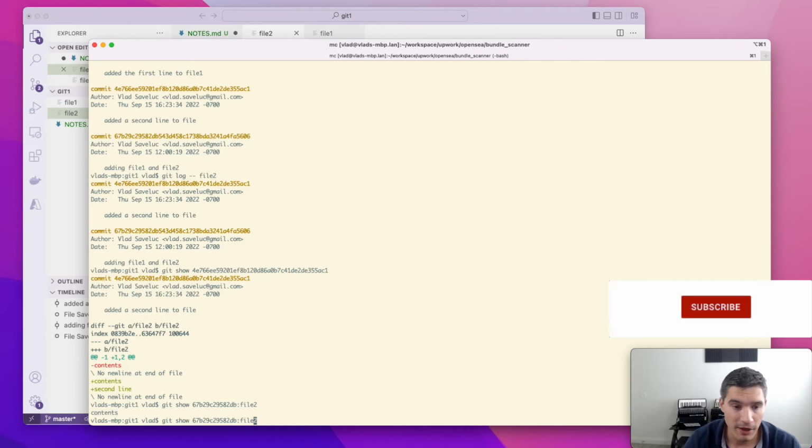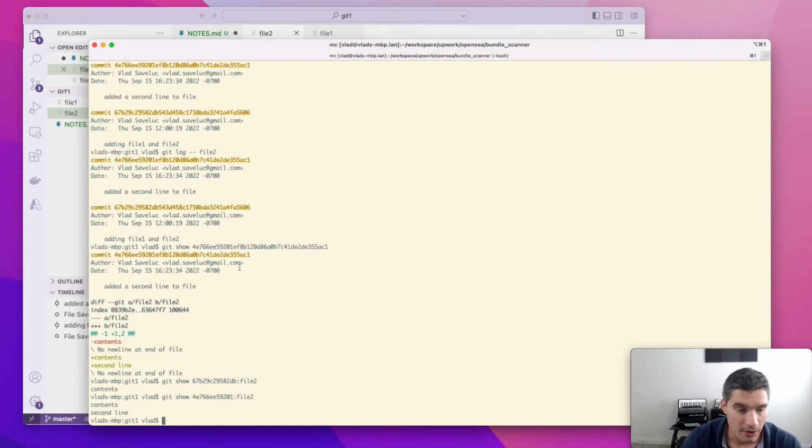And if we try it with the newer version, when we added the second line, so we paste this commit version from here, and we will see that it has both lines. So this is a pretty safe way to revert a file. If you have a single file that you're trying to revert or just a couple of files, then this is a very safe way of